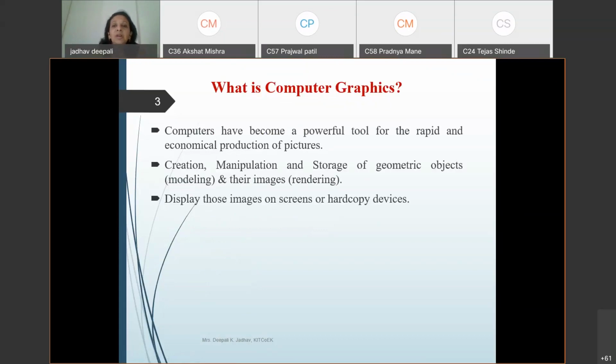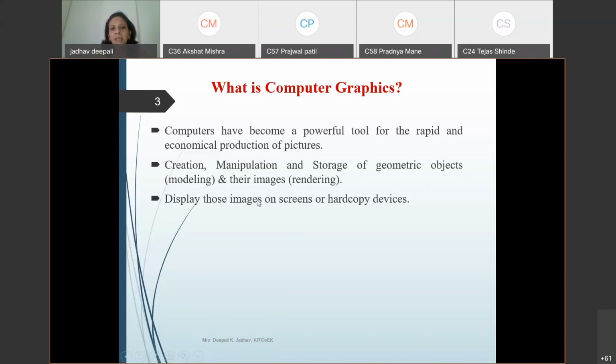Everywhere we use a computer. The computer is a powerful tool for rapid and economical production of pictures: creation, manipulation and storage of geometric objects, modeling, and their images, called rendering.